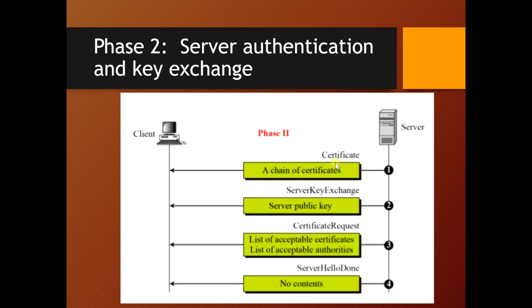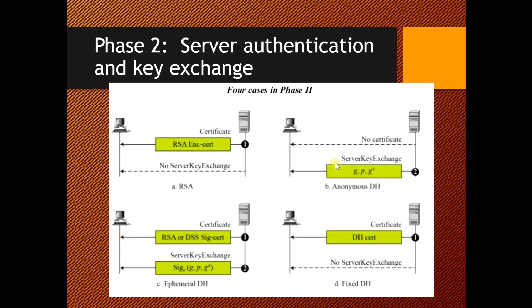That is when the server has sent a certificate with the fixed Diffie-Hellman parameters, or an RSA key exchange is to be used. So otherwise, this server key exchange message may not be required. So we have the server key exchange message, which will be needed again for the 4 cases. If we go for RSA, anonymous Diffie-Hellman, ephemeral Diffie-Hellman, or fixed Diffie-Hellman.